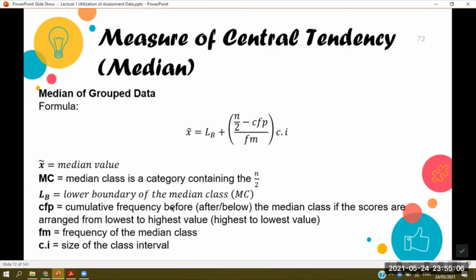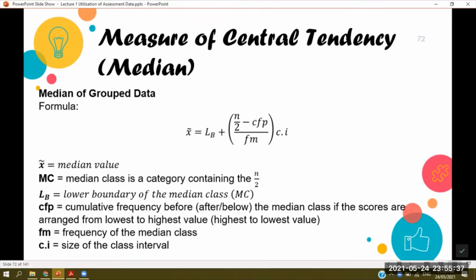Okay, before, nilagay na siya dito, sorry for the confusion. A cumulative frequency before the median class if the scores are arranged from lowest to highest value. Never mind first yung naka-parenthesis, because that's the other thing, no? The other way around. So please, ang gagawin natin dito, we really have to arrange it from lowest to highest